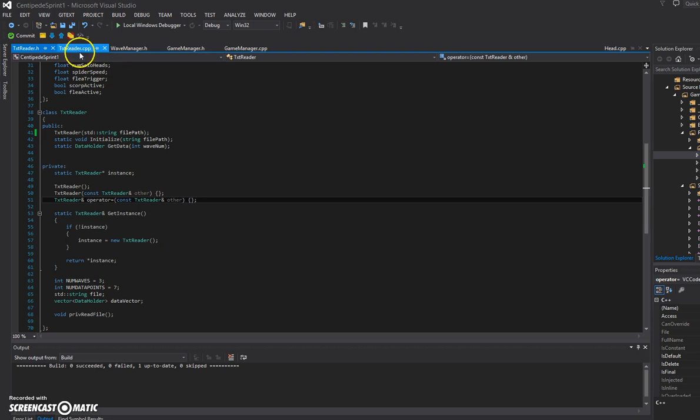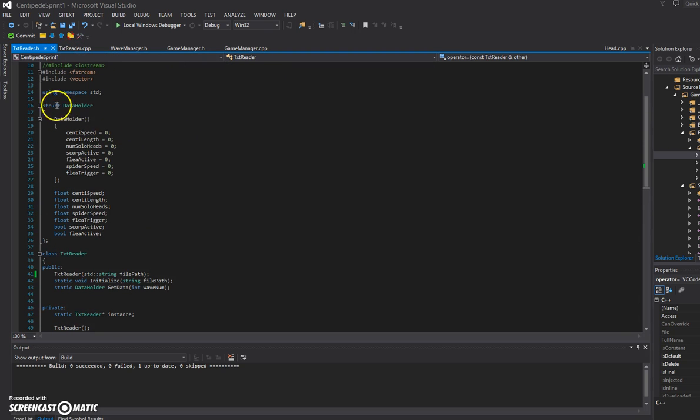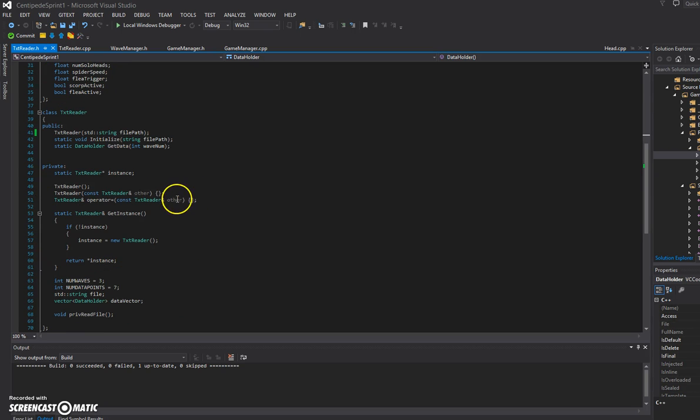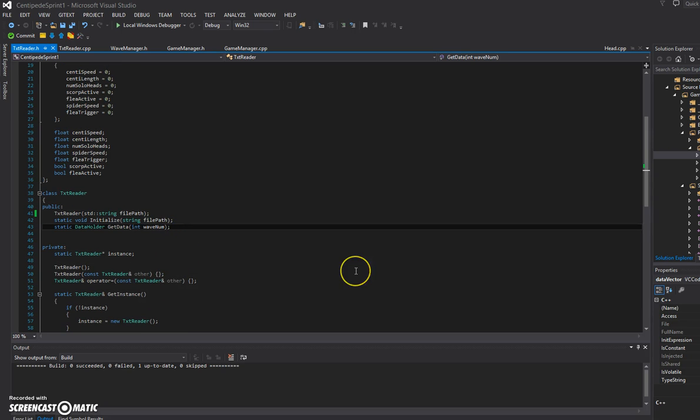The file will be read in and saved to a struct here with each individual data point there. Each wave will have one struct in the text reader's local data system, and then the text reader will return each wave individually when requested by any other